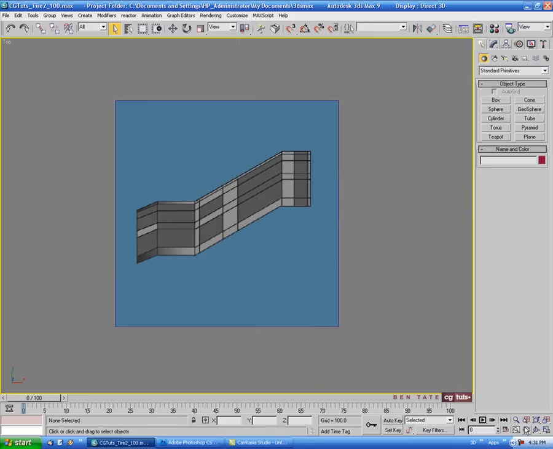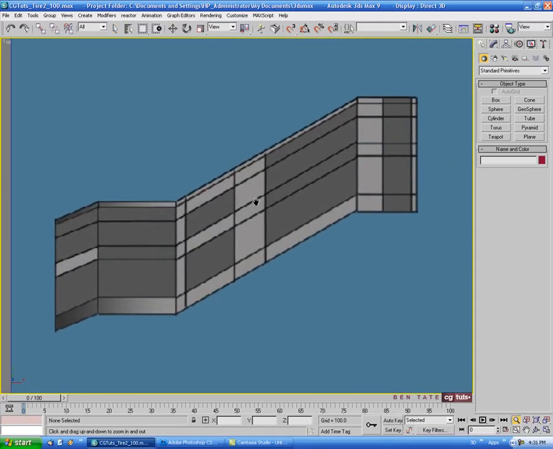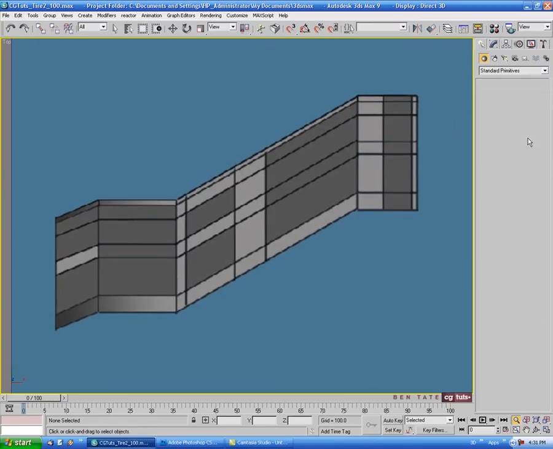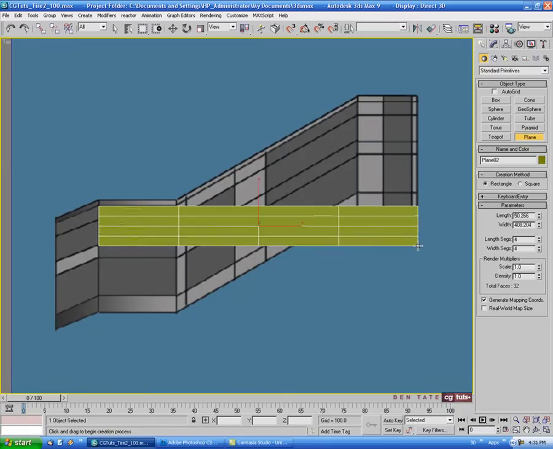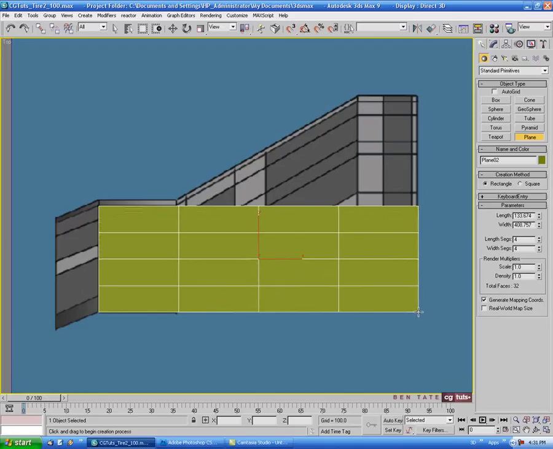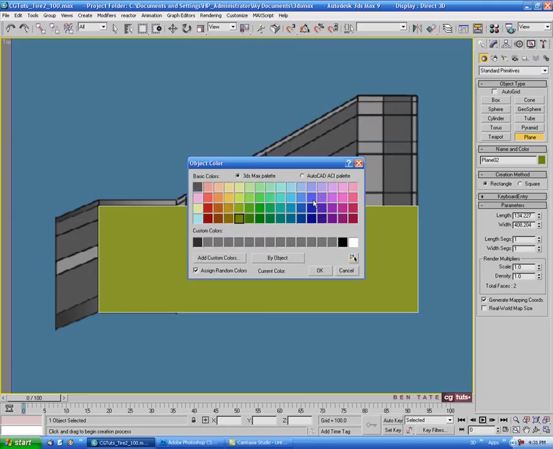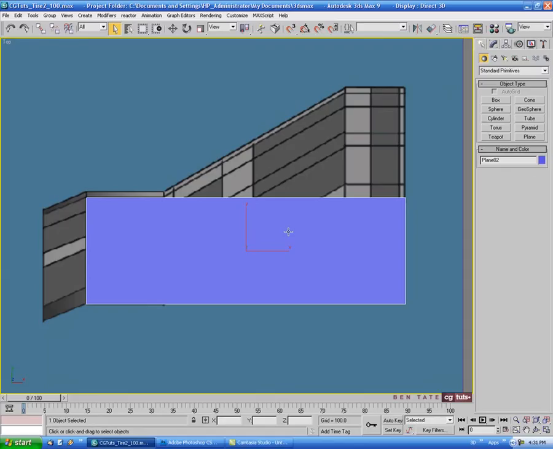So let's get going, and the first thing we're going to do is just go into the top view, and let's zoom in a bit on this, and we're going to make this out of a plane. So let's go into the create panel and just drag one out, and we'll start from here, and let's just drag this over to the other end. Alright, something like that. And we really don't need these segments here, so let's just right click these spinners to make this a 1 by 1, and let's change the color of it as well. Okay, and then we'll right click and let's convert this to editable poly,